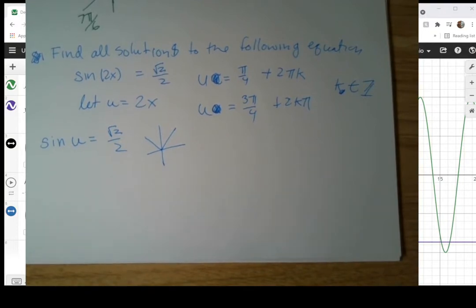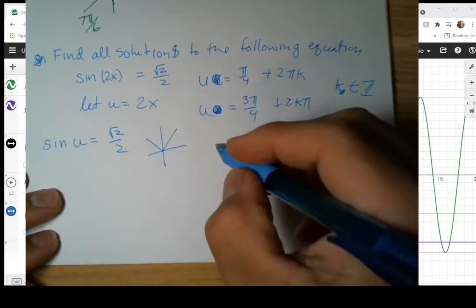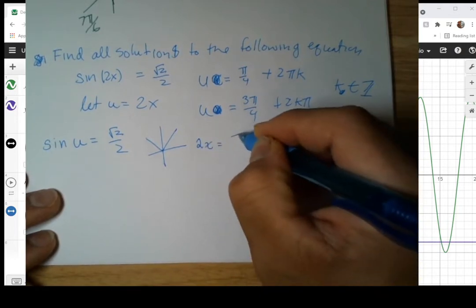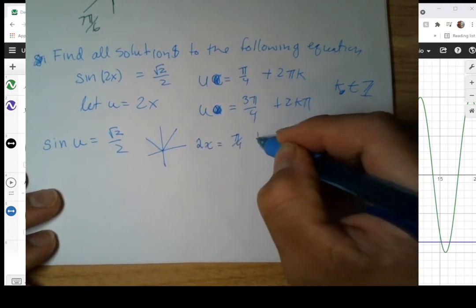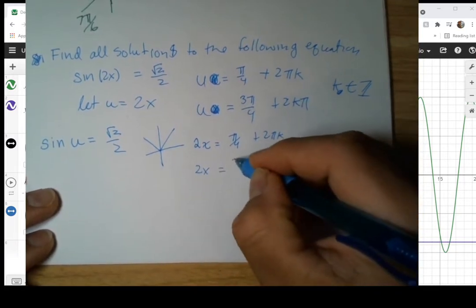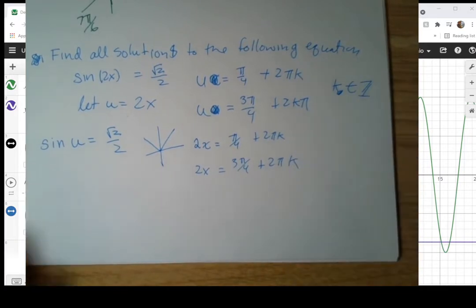Now, our goal is to solve for x. So now let me go ahead and back substitute. u is equal to 2x. So we have 2x is equal to pi over 4 plus 2 pi k, and 2x is equal to 3 pi over 4 plus 2 pi k. Now I am going to solve